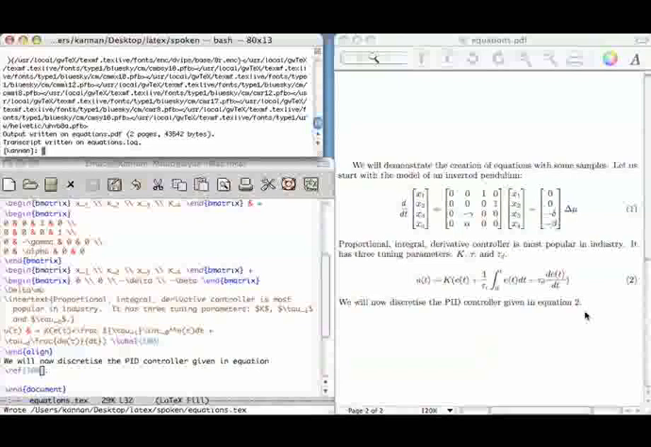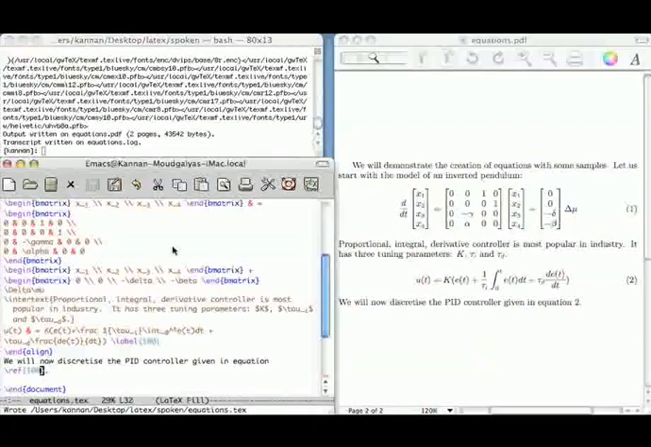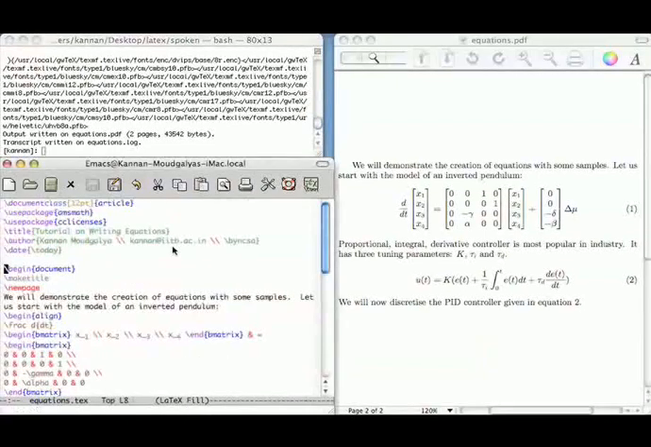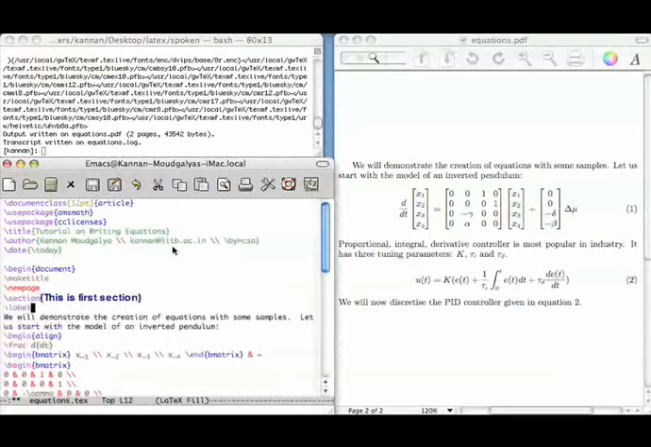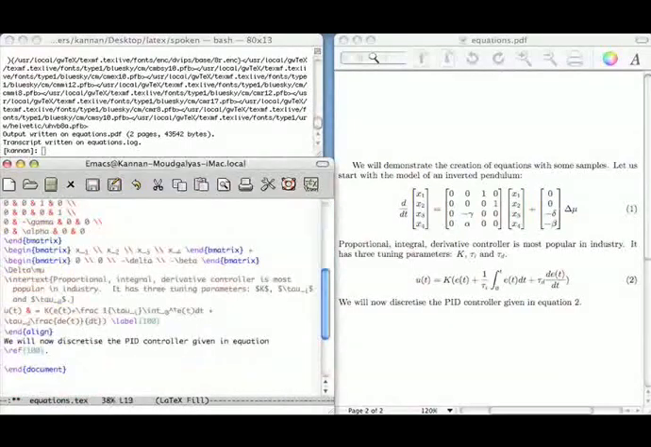In a similar way, we can create labels for sections, subsections, and so on. So let us do that. Let's demonstrate this with section. Let's do it here. Section. This is first section. Label. Let me put sec 100. And let me go to the end of this document here and say section ref sec 100